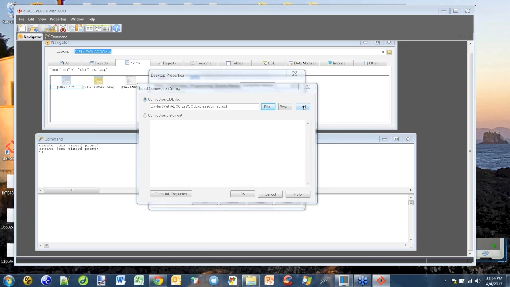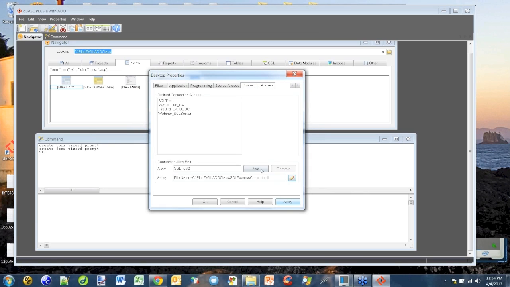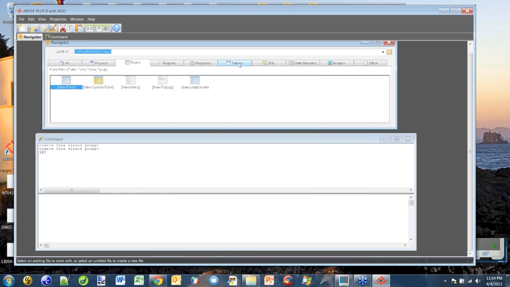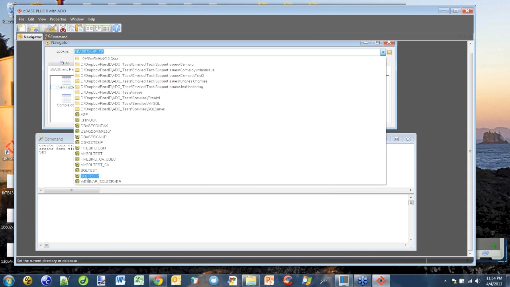And if we click on load here, it'll actually give us the connection string that is used to connect to that data. So we can either use the UDL file to help us create the connection string, or you could just write this connection string out without having a UDL file available, and it would connect in exactly the same way. So we'll say OK, and we'll click Add and Apply and say OK. So if I go to the Navigator, to the Tables tab, and I find that SQL Test 2